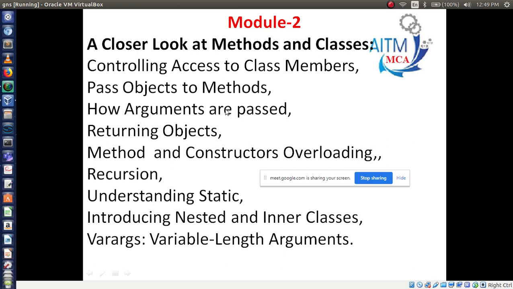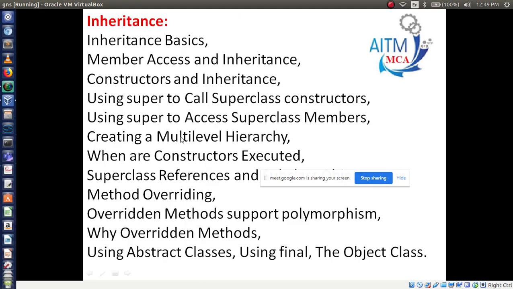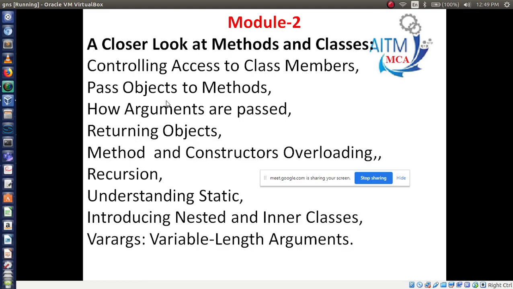Okay, in the second module they have made two divisions. This one is the first division, and another one is inheritance. To understand inheritance completely, we need to know the concepts of methods, classes and parameters. These concepts must be known. Without these concepts you will not understand inheritance. So we have discussed classes, methods and constructors in the first module, right? And we have also seen formal parameters and actual parameters, right?